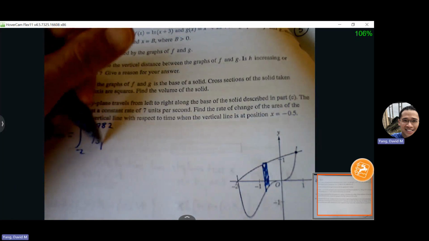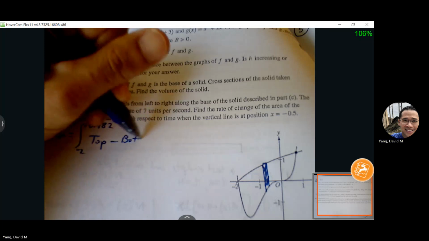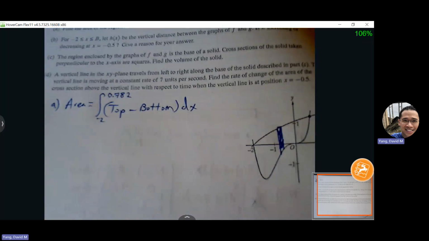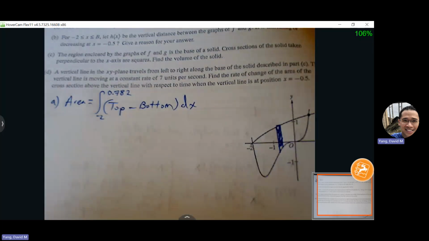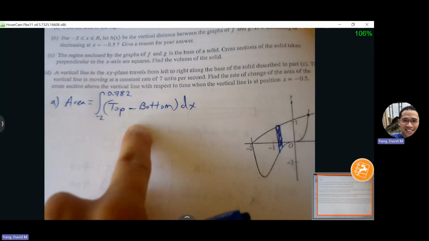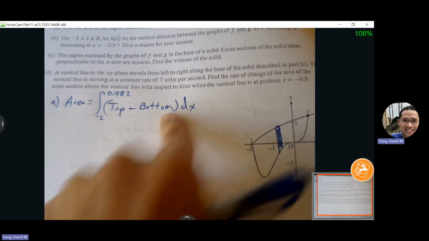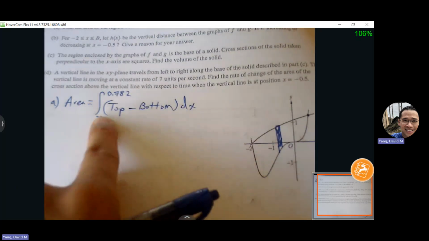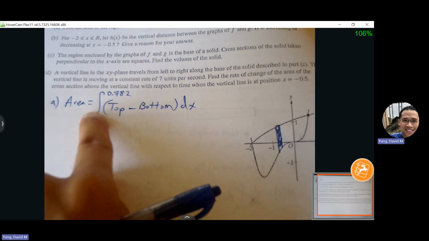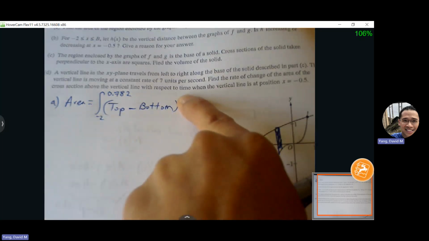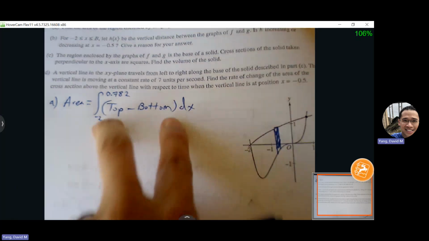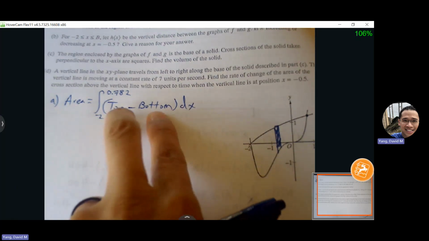And we just do top minus bottom. Now, I think the area formula is easy, but having said that, if we do volume formulas enough, like washer and disk method, we may be tempted to add things to the formula that are not part of the area formula. So sometimes I see students involving pi. Sometimes I see students involving squared. Okay. I know area, typically we square things, but